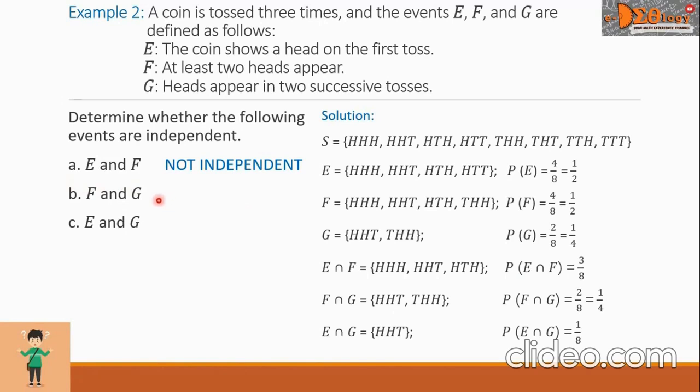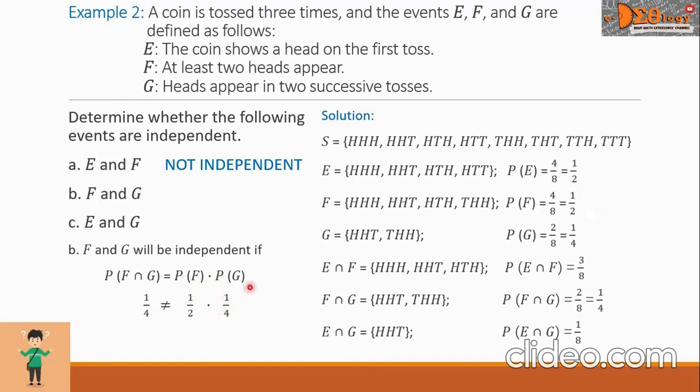Let us solve for letter B. F and G will be independent if it satisfies this equation. P of the F intersect G equals P of F times the P of G. Again, let us get the corresponding probabilities from these values. So we have the P of F intersect G is 1/4, and this is not equal to the P of F, and that is 1/2,